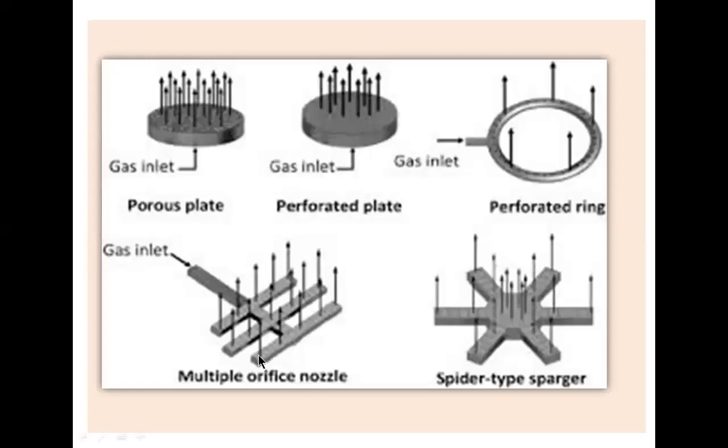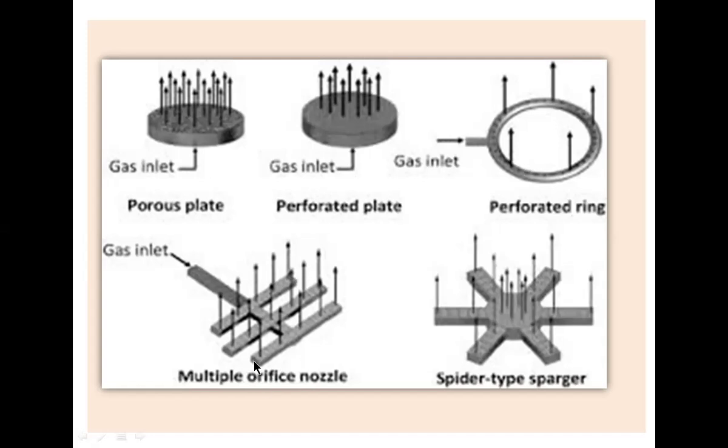Let us also go through different designs of spargers, which are used in different fermenter vessels, maybe a tabletop fermenter vessel or a larger vessel. So this is the horizontal circular disc. On top of that, there will be a vertical pipe, which is the gas inlet. The size also varies. You can see this is the ring. On top of the ring, there are minute holes, and through those minute holes, gas or air bubbles will be sent with the proper pressure.